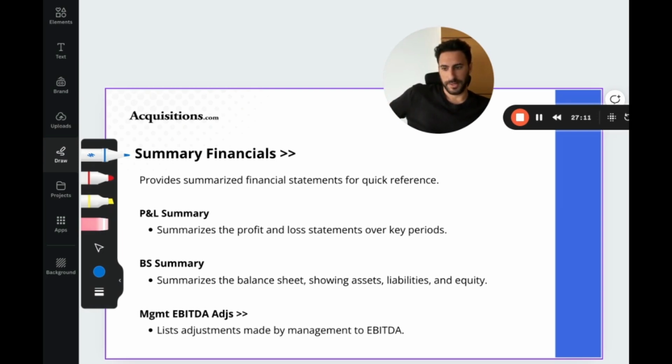Balance sheet summary, BS balance sheet summary. That's all about providing a snapshot of the company financial position. Management EBITDA adjustment. Okay, so